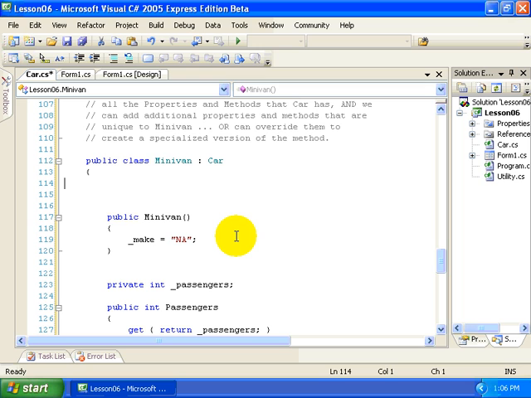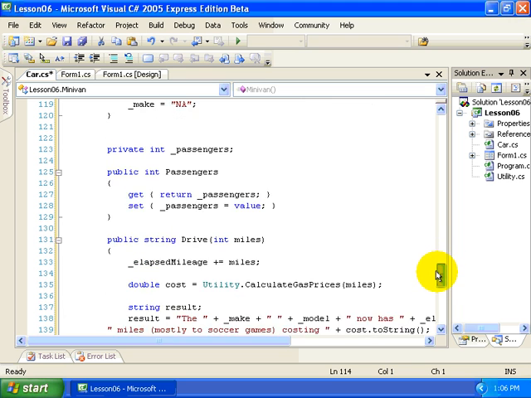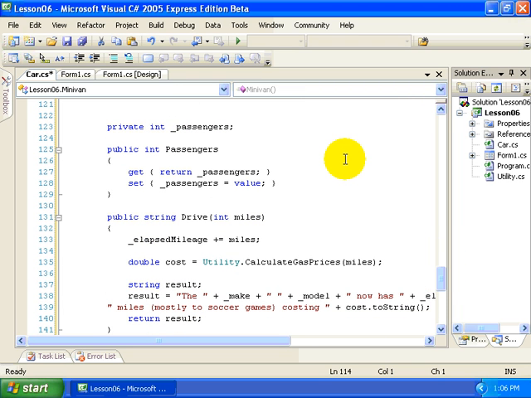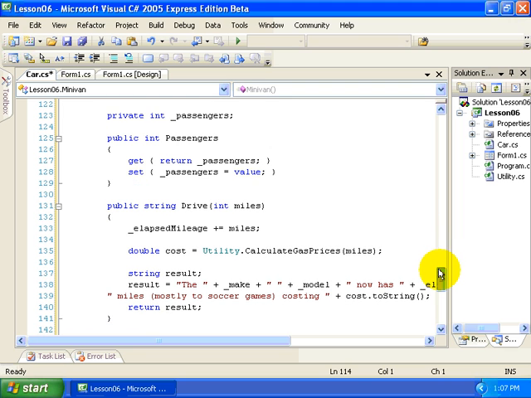All I do is just add things and overload, or override rather, things that make minivans special or different from just a regular car. So you can see here first of all in lines 117 through 120 that I define a constructor, and my new constructor for minivan works a lot differently than the car constructors that I created. Also you can see beginning in line 123 that I've defined an additional private field and then also a public property called passengers